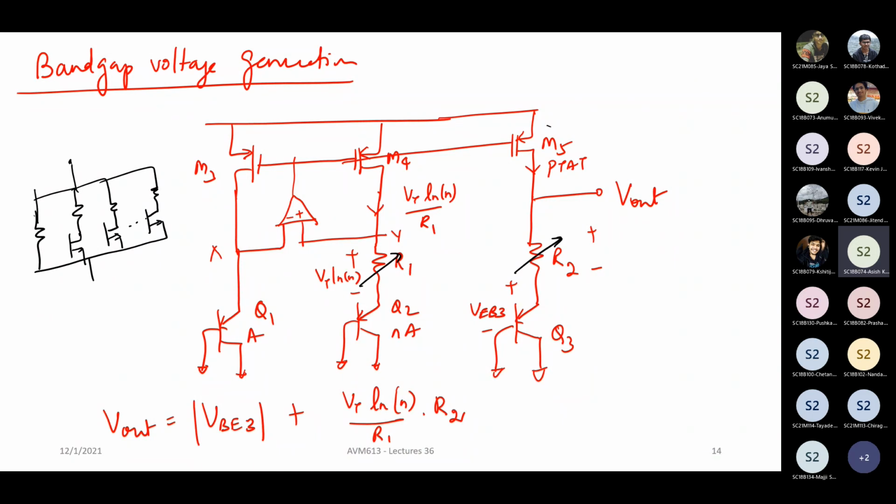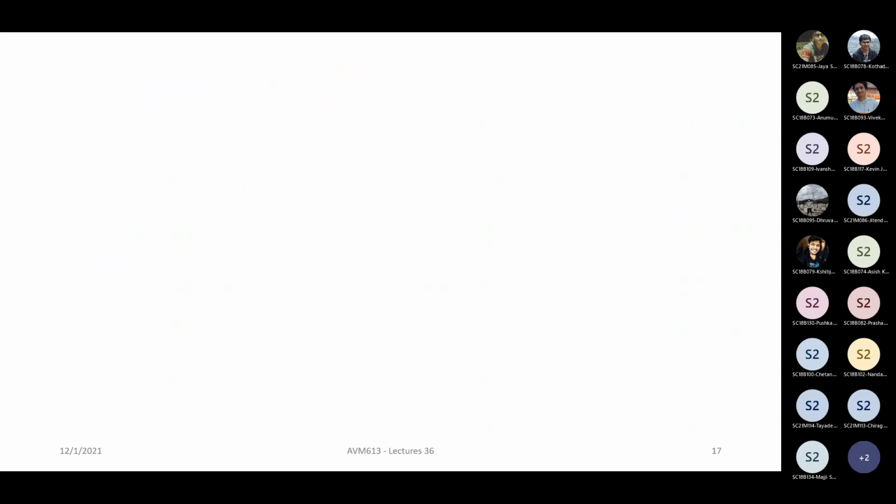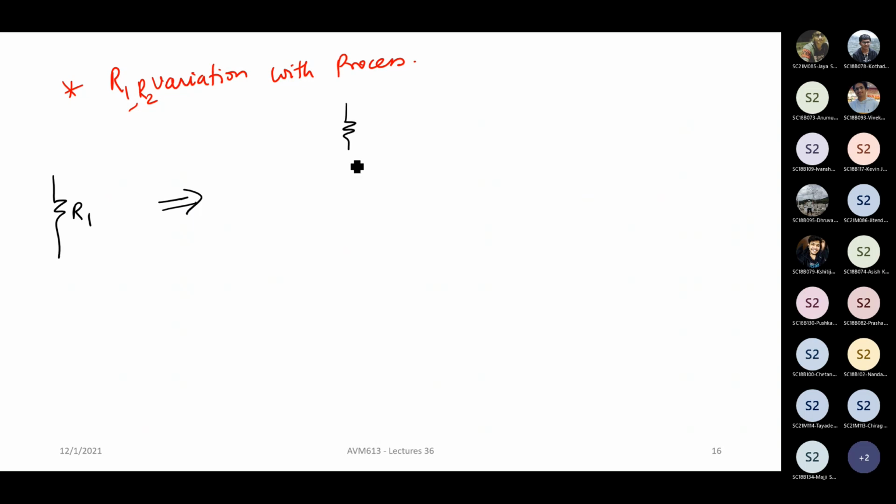So once we fabricate it, how do we change the R1 or R2? That's all. So this R1 itself will be a digitally tunable resistor bank. What I have drawn as R1 will actually be implemented as something like this. Let me say it's easier to think of it as a series tuned. Okay. So let us say this is a 1 kilo ohm resistor, for example. You wanted a 1 kilo ohm resistor.